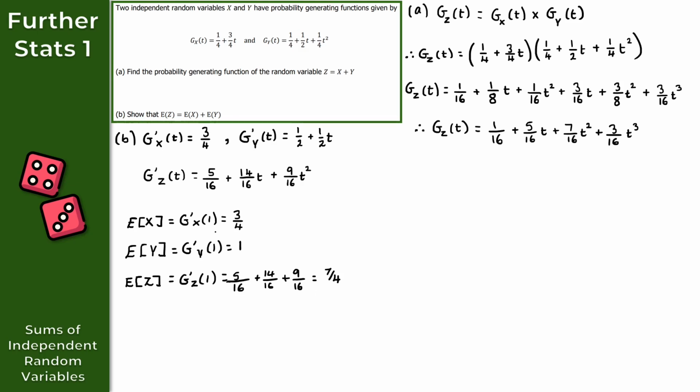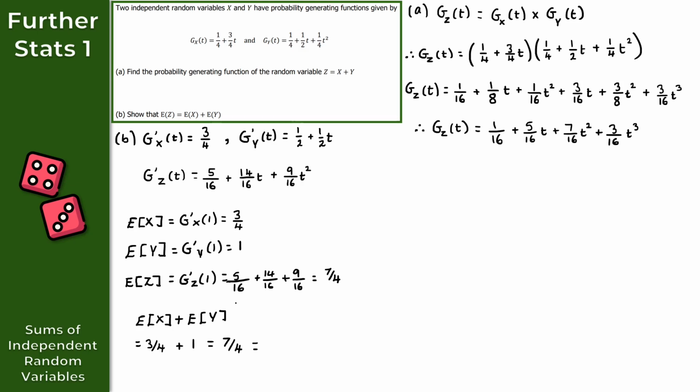So clearly, if I can just show then that the expectation of x plus the expectation of y is equal to this value here, then we have done part B. So in that case then, the expectation of x plus the expectation of y, let's do it underneath here. So that's going to be 3 over 4 plus the expectation of y, which is 1. So 3 over 4 plus 1 there. So that's the same as 3 over 4 plus 4 over 4, which would give us 7 over 4,